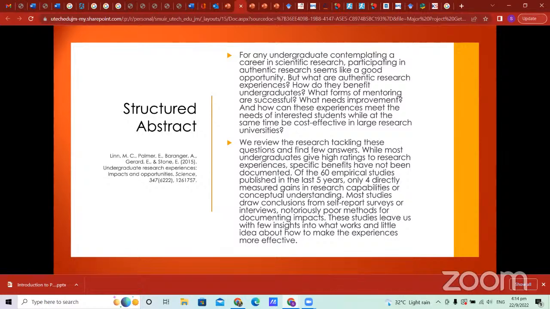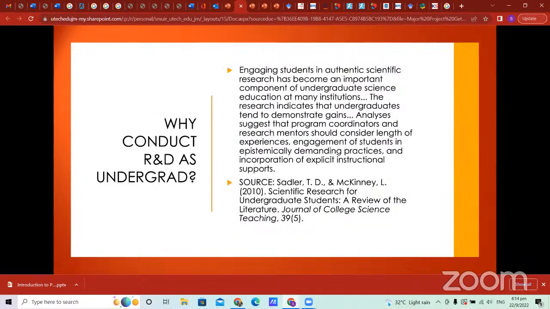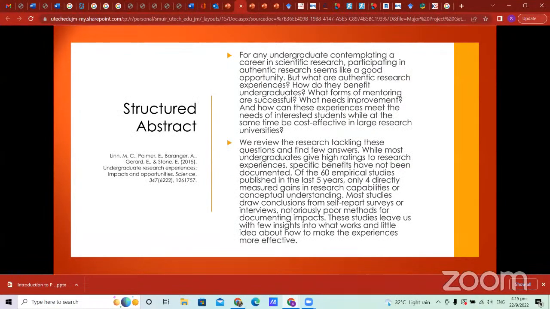As in, this paper before told us that basically research and development for undergraduate students has positive impacts. And then they came up with some recommendations. These were the 3 recommendations. The length is important, engaging students in demanding practice is important, and having good instruction is important. That's their recommendations. This particular second paper that we're showing says a number of big, I